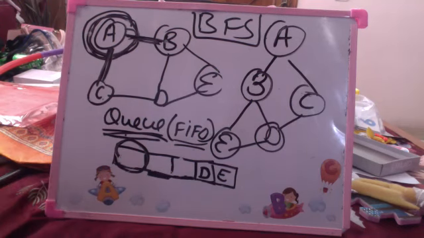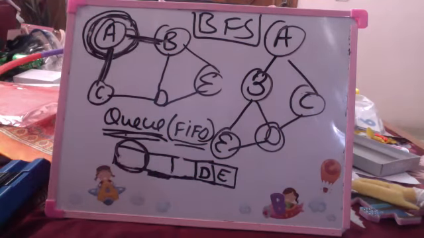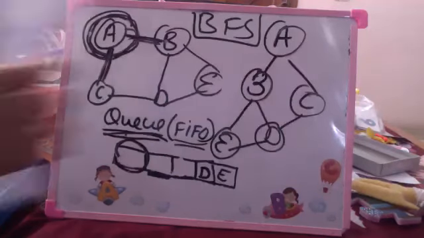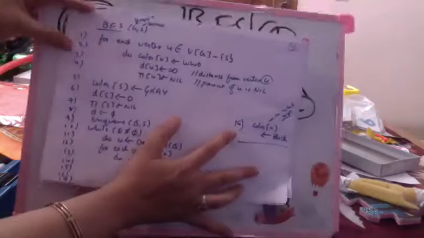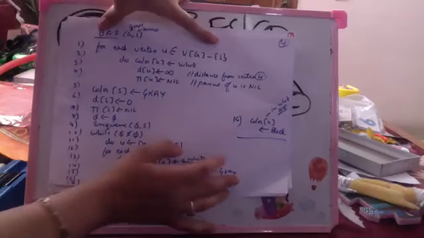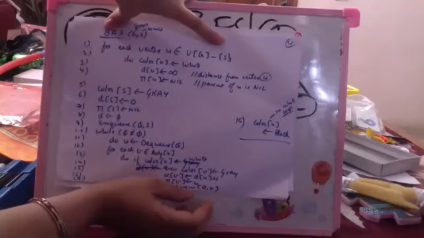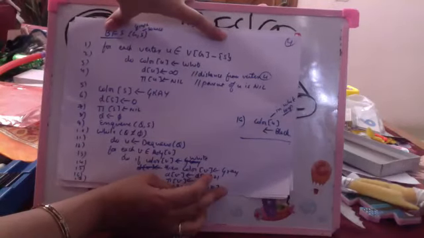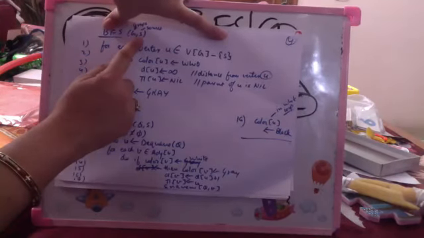If you just see the algorithm once, the fourth picture which I have given, that is the algorithm for your BFS. Have a look at the algorithm. I'll make you understand the algorithm, then we'll understand with an example. First of all, the parameters that we are passing are the graph with all the vertices and edges, and the source of the graph is being passed.